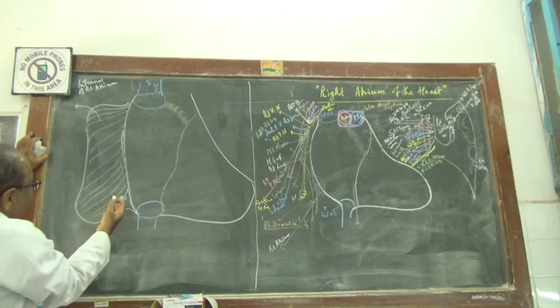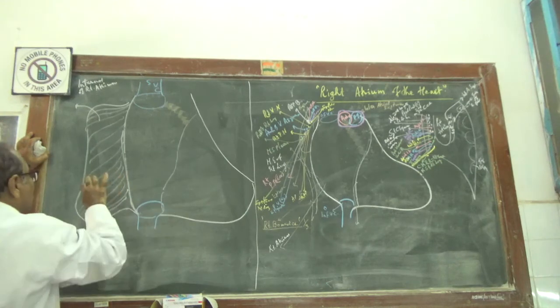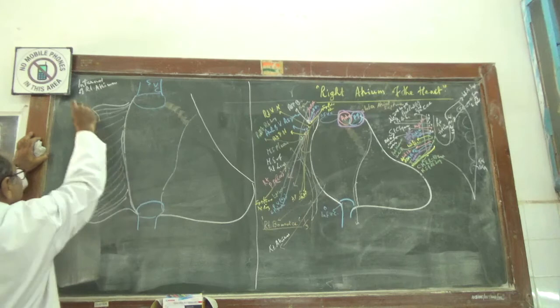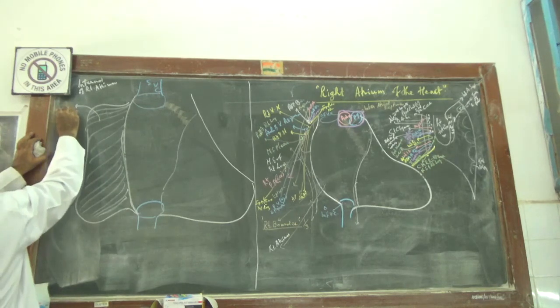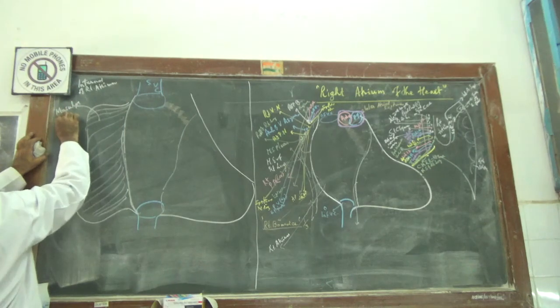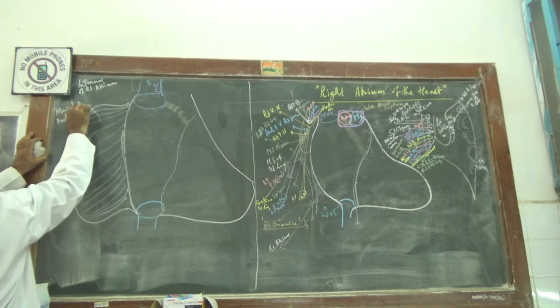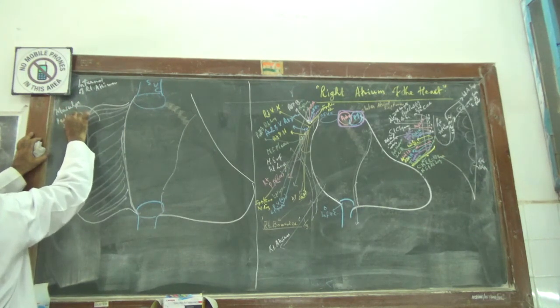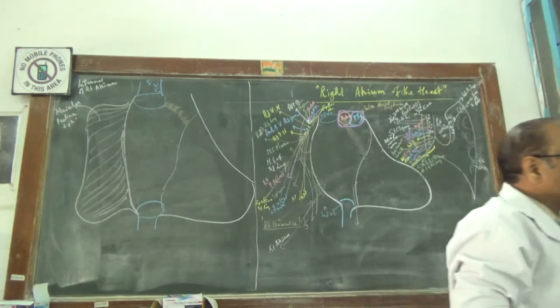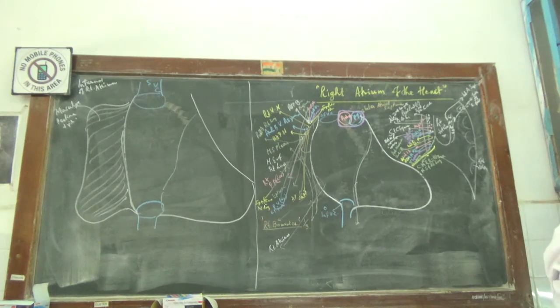This roughness is because of the muscular pectinate muscles. Muscular pectinate muscles are,